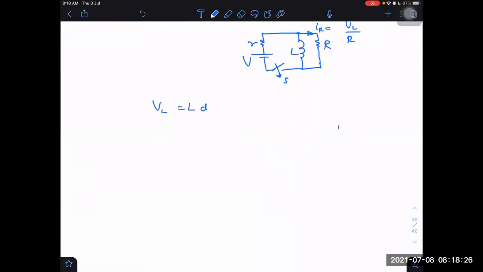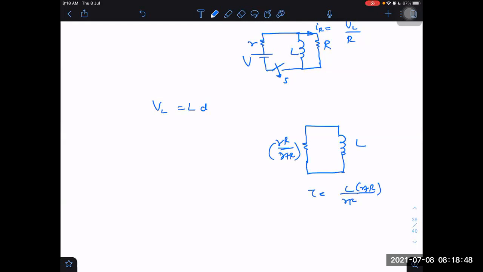Can you find that? How to find it? First of all, the time constant. How to find the time constant? I think I can take it by replacing the battery with a conductor. R into R upon R plus capital R, plus r, right? This is L. Then what is the time constant? Time constant is L upon R into R into R plus R, right. What is the voltage across the inductor?